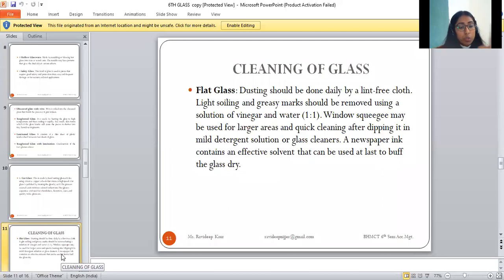So if you're using newspaper, then after squeezing that solution or cleaner on it, clean thoroughly with the newspaper so that you get the mirror clean. So this was how we clean flat glass. So next,